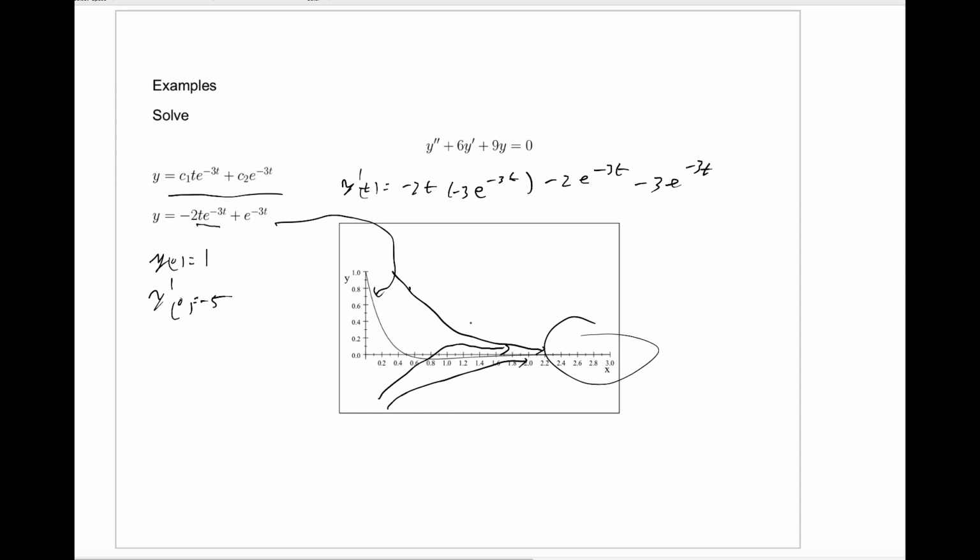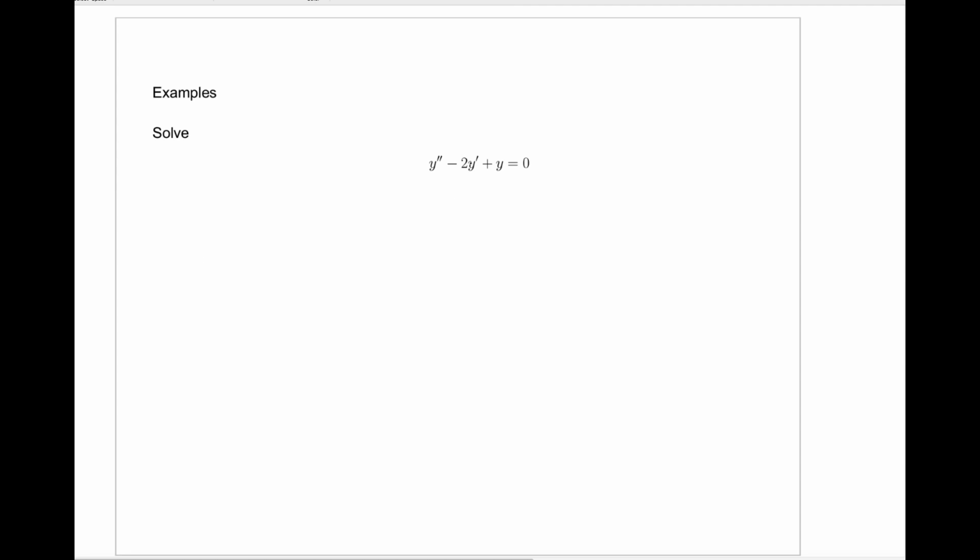So in general, the solutions kind of look just like the situation where you have two distinct roots if both of those roots are negative, because you'll get exponential functions that die out quickly, and your solutions will all die out, meaning go to 0 very quickly in this situation. The reason they die out is because the root of the characteristic equation, in this case -3, was a negative number. If we look at this example now,